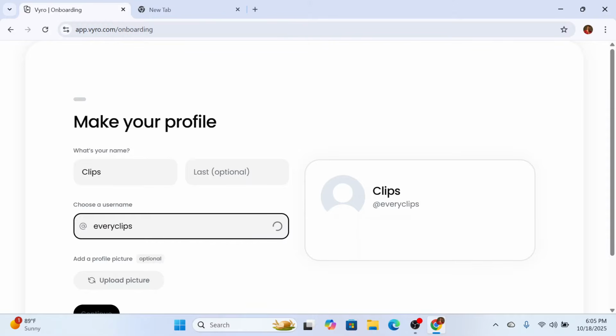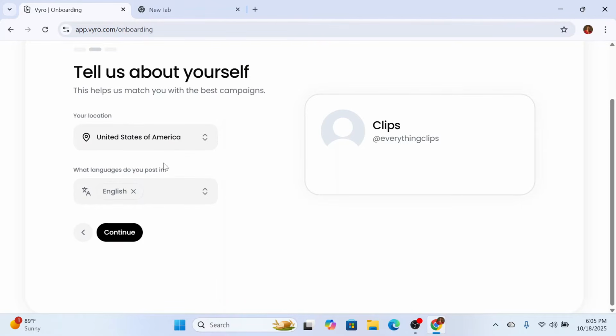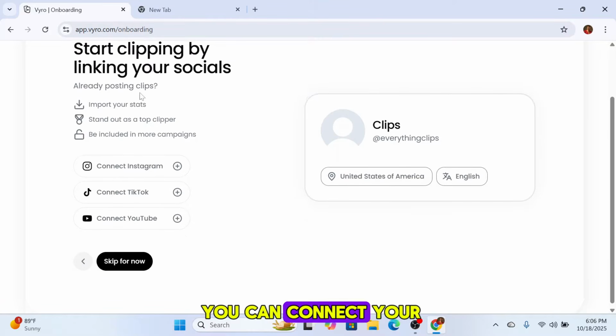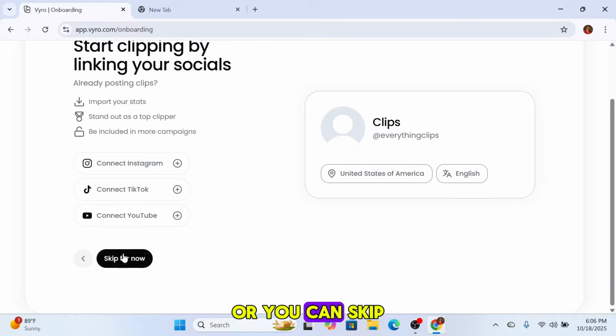Once I've done that, select your location, that's the country. You can change that from the United States if you want to, and click on continue. You can connect your social media account if you want to, or you can skip for now.